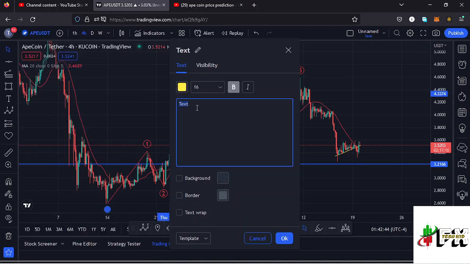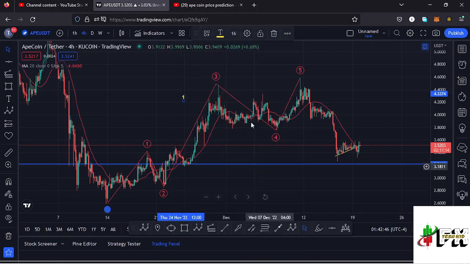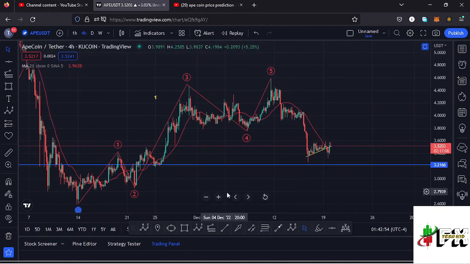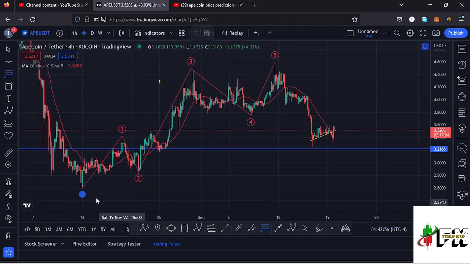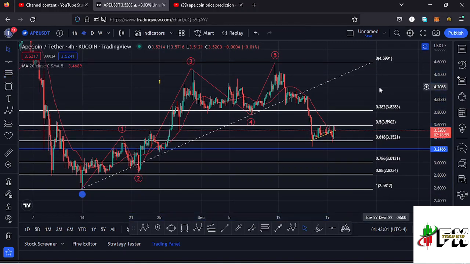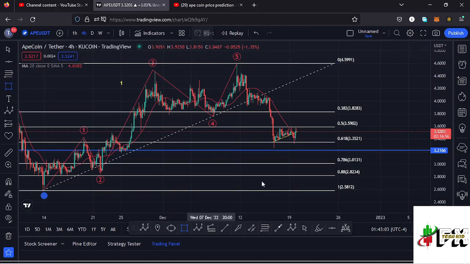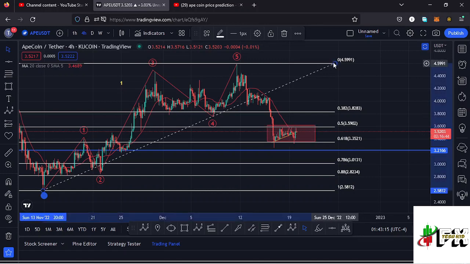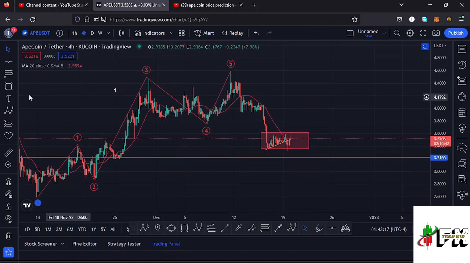So we can mark that as a higher EBOOK wave count 1 to the upside, and whatever we expect next after seeing the formation of a higher EBOOK wave count 1 is a bit of a corrective structure in the formation of a second wave, and using the Fibonaccis, connecting it from the low of the first wave down there to the high of the wave 1, that gives me a minimum retracement area to the lower side in the formation of that second wave between the fib level 0.5 and the fib level 0.618, which perfectly lies at around the $3.59 mark and the $3.35 mark, and that is the minimum that I'm expecting that higher EBOOK wave count 2 to the lower side to do.